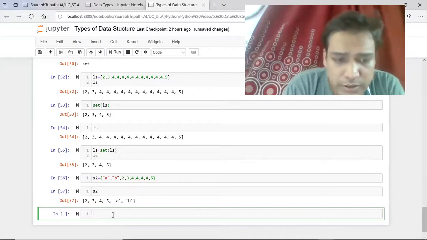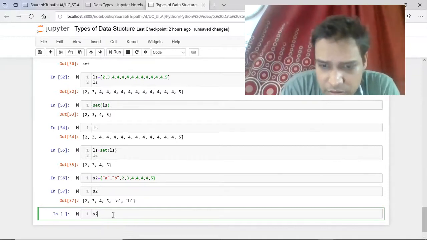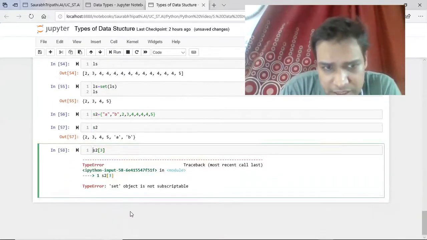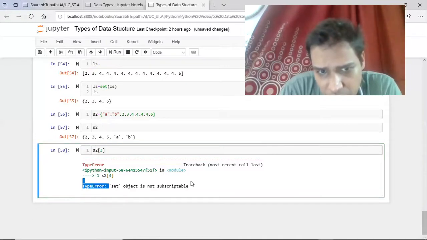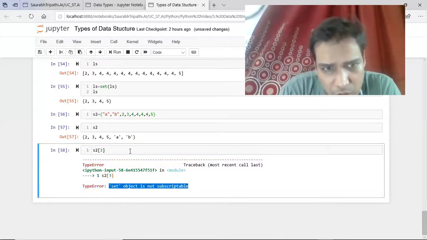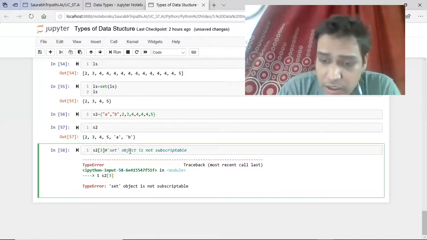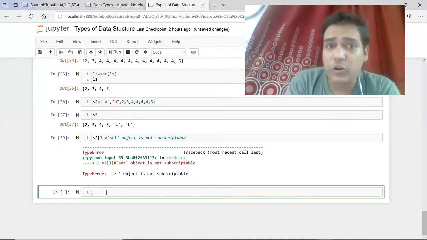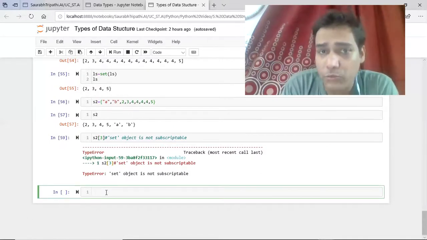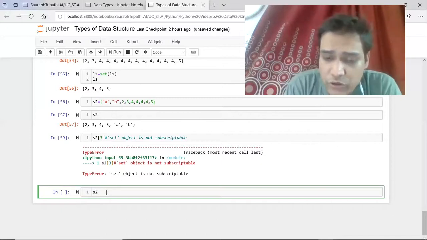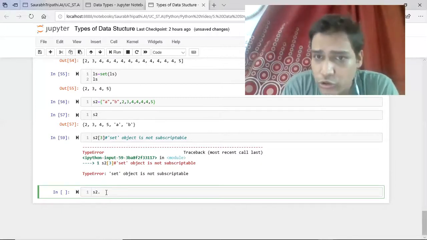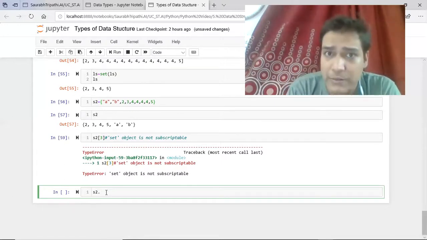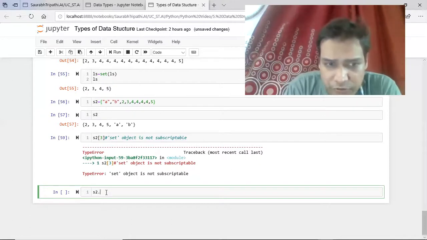Third thing: when you try to index it, say I try to index the third index, when I run this I see the error: set object is not subscriptable. Second thing, can we modify the value? That is also not possible, because we are not able to index it, so how are we supposed to modify it? You cannot do indexing, and without indexing the modification chapter is closed, because only by indexing can you modify a value. There are some functions in set too.